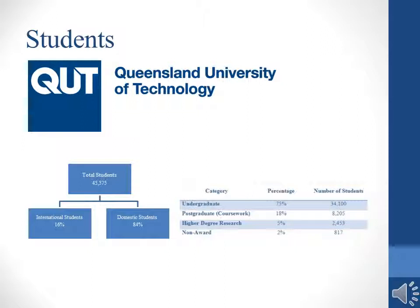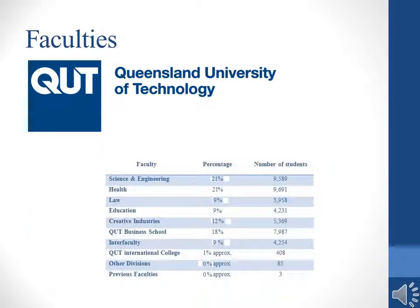This can be further broken down into the undergraduates, which total 75% of the total students, postgraduate, which equals 18%, higher degree research totaling at 5%, and the non-award totaling at 2% of all students. Each of these students is assigned to one of the faculties which make up the QUT community. These faculties are Science and Engineering, Health, Law, Education, Creative Industries, QUT Business School, Interfaculty, QUT International College, other divisions,